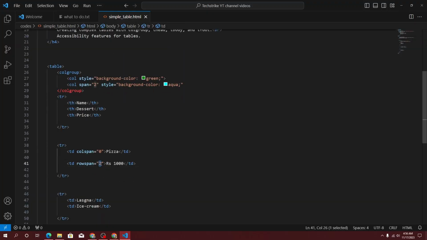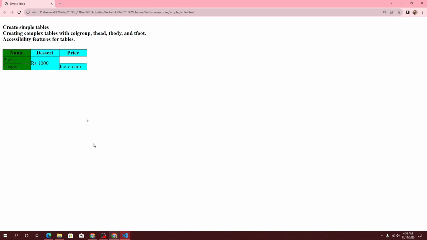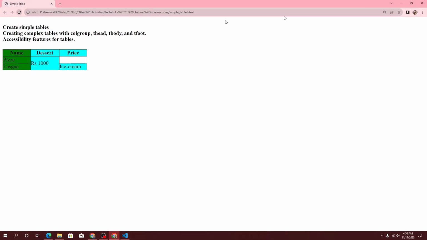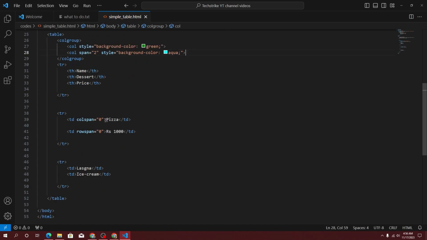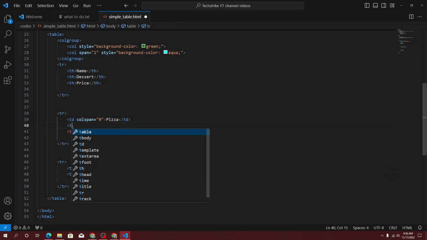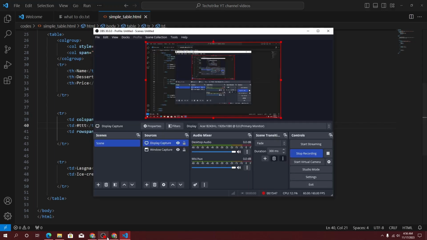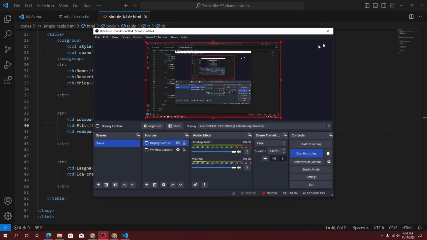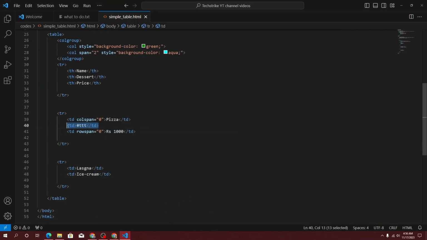Let's remove the row span as well. Let's see whether it's changed or not. No. Now it's a mystery. Why isn't this cell colored? Let me check. Yes, because there is no data in this, so for some reason there is some issue with that, but regardless,